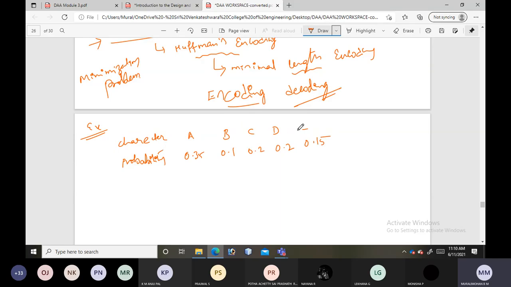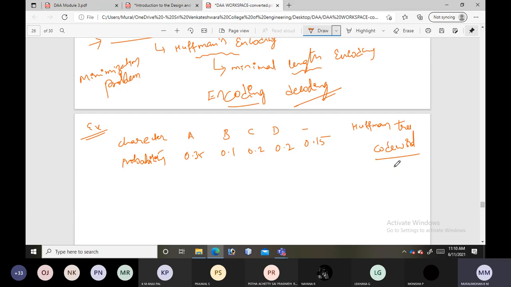Using these characters and this probability, you should build the Huffman tree so that we can use that tree to generate the code word.